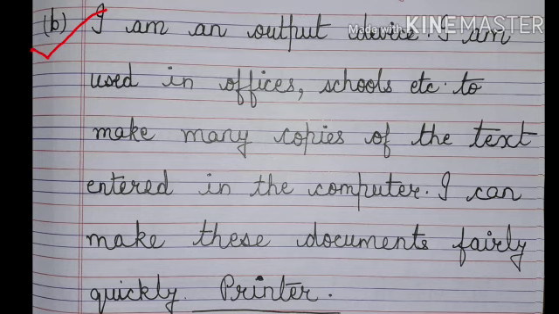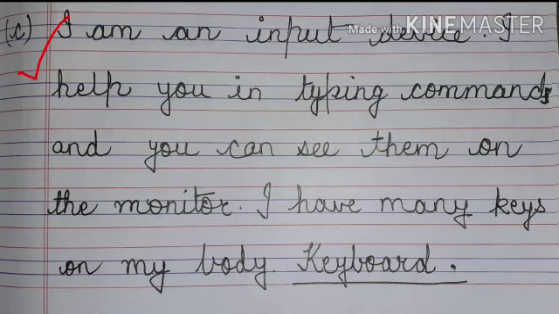Then the answer is printer. Children, why is it printer? Because with the help of a printer only we can make multiple copies of the text which is written on the computer.